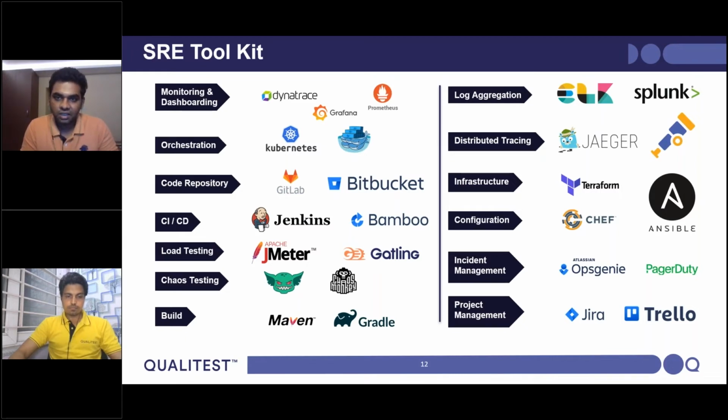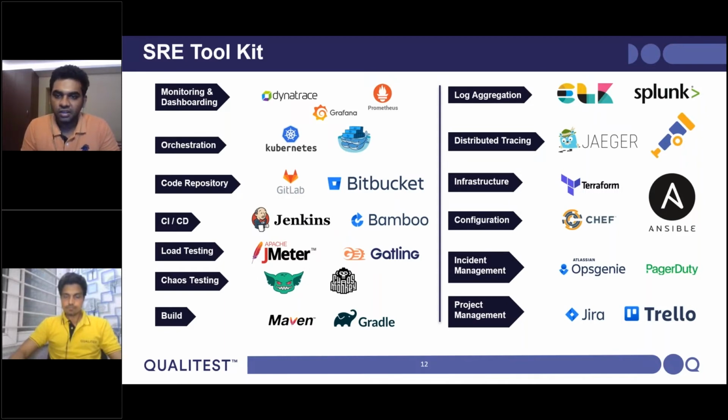All the traces, the end-to-end request tracing, all the metrics, all the logs, everything is stored in a centralized fashion. If you look at the ELK Stack, it captures all the logs from multiple sources and stores them in one single repository. Splunk does it in a commercial fashion, ELK in an open source way, right? Distributed tracing would be able to identify where in the entire stack you spent more time. All these are going to help you from a root cause analysis standpoint. It would provide you insights.